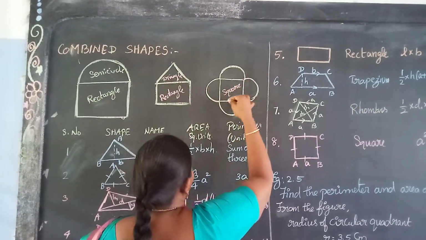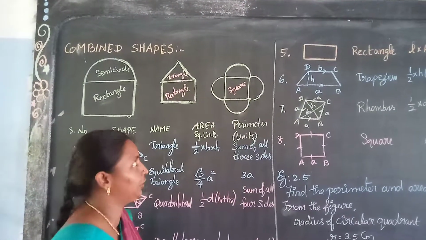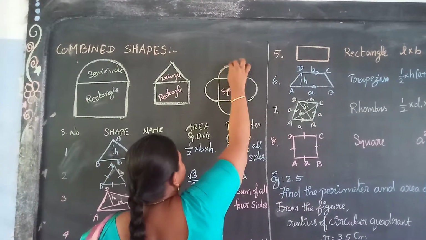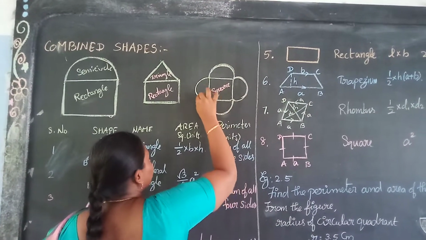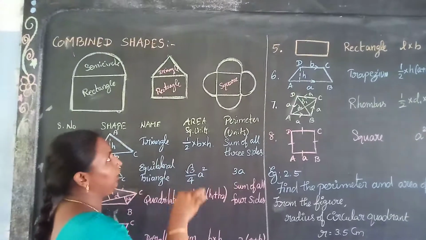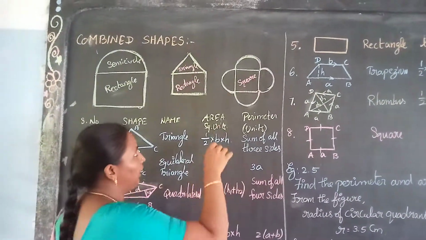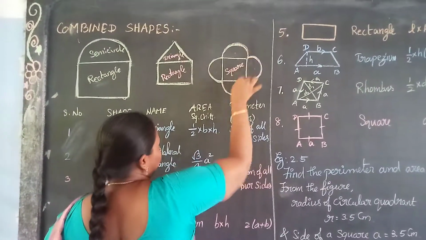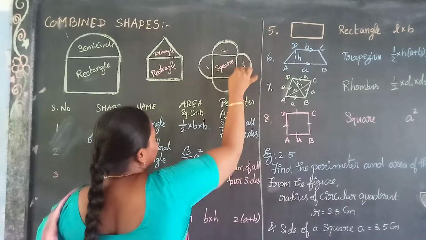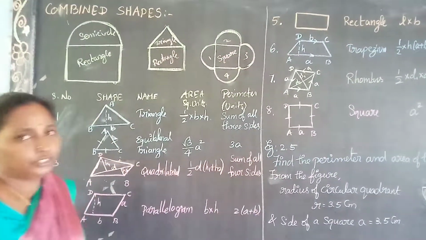Here, this is a square shape. On each side you have one semicircle. How to find the perimeter of this shape now? Just add the lengths of this and this one. If you add these lengths, it will be the perimeter of this shape. How to find the area now? Area of the square plus area of the four semicircles. Four sides, 1, 2, 3, 4. Four semicircles now. You will get the area of this shape.